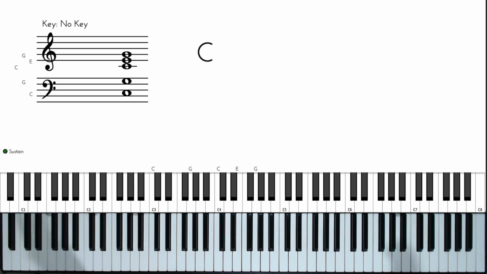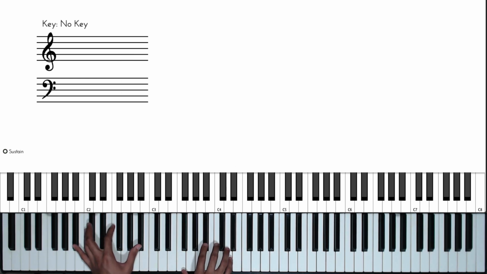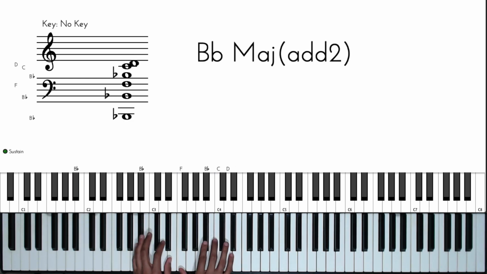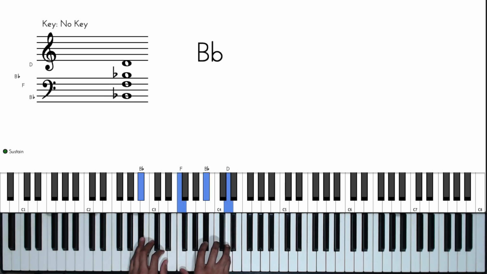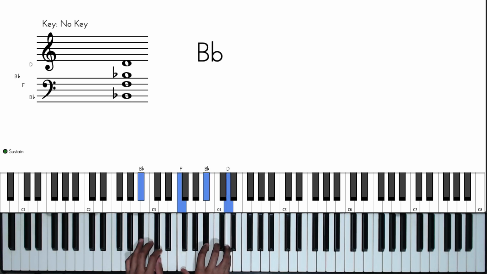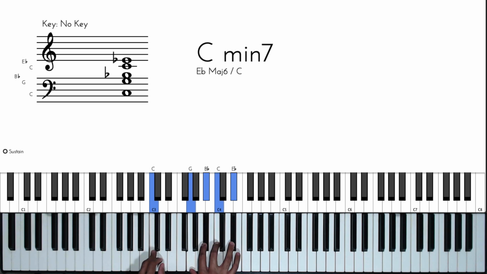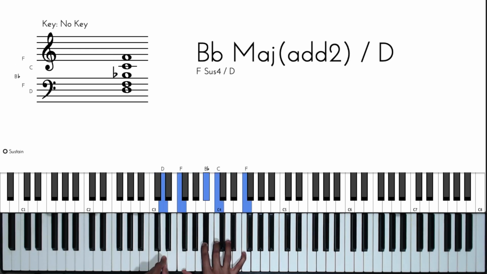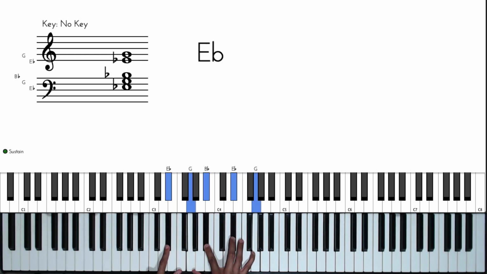Let's do another example. Let's use another key to form these same progressions. I think the original key of the song is actually B flat. So let's do it in B flat, right? In this case, how would we get to the 4 from the 1? We would play B flat, then the 2, which is C minor 7, then the 1 over 3, which is B flat over D. And then we get to the 4,